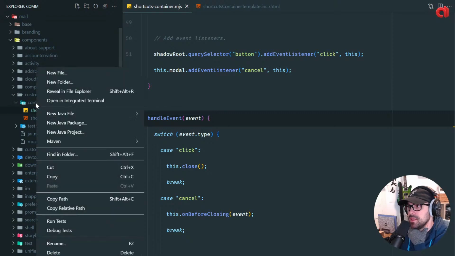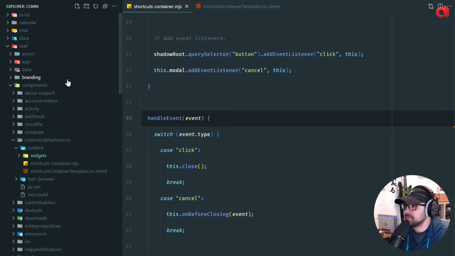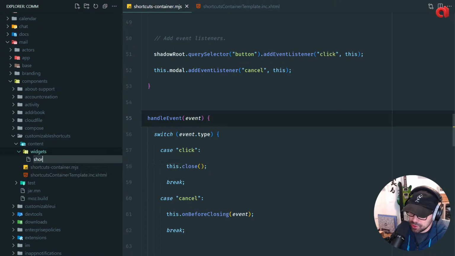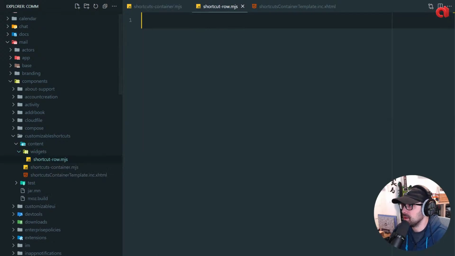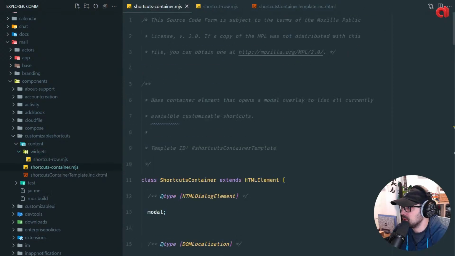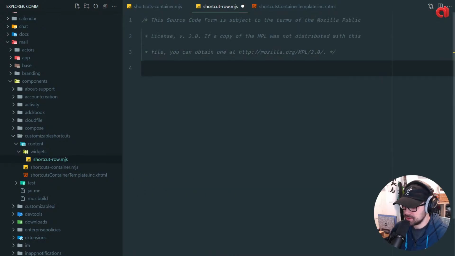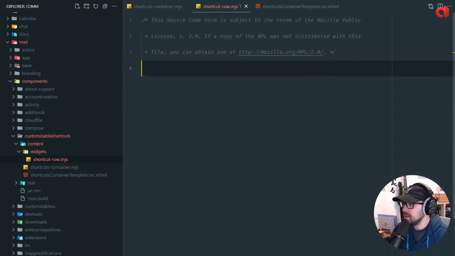Let's create a new folder called widgets. And inside widgets, I'm gonna create a new file called shortcut-row.mjs. And we have these little things. We copy the license because we always put the MPL license, we indent by 2, and then we